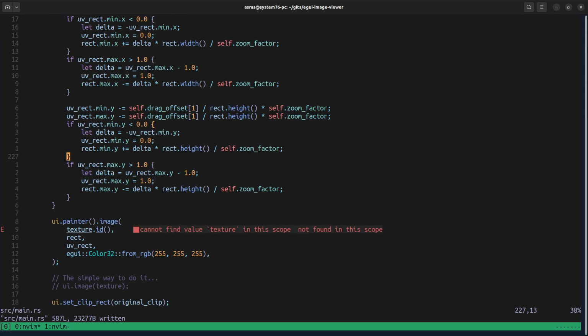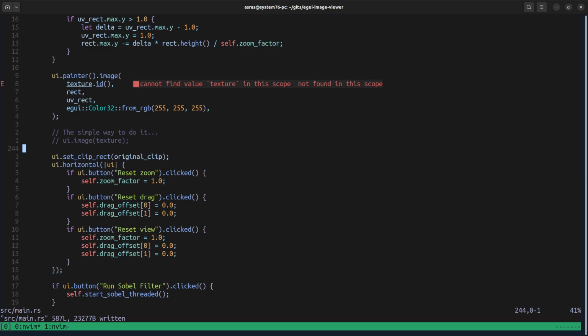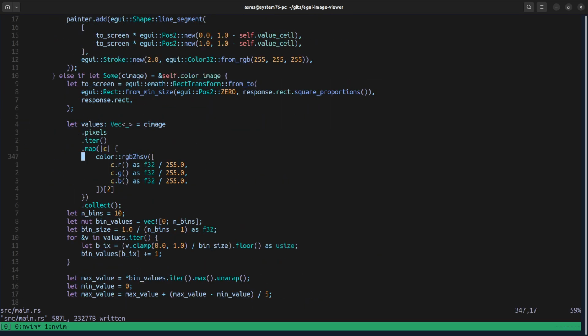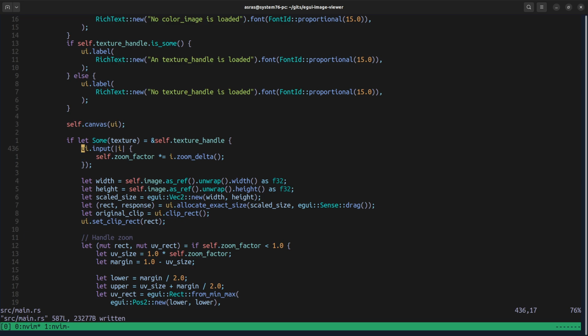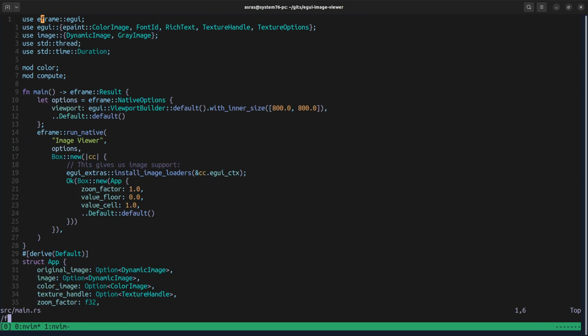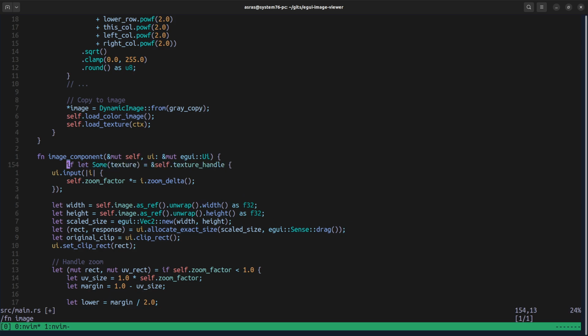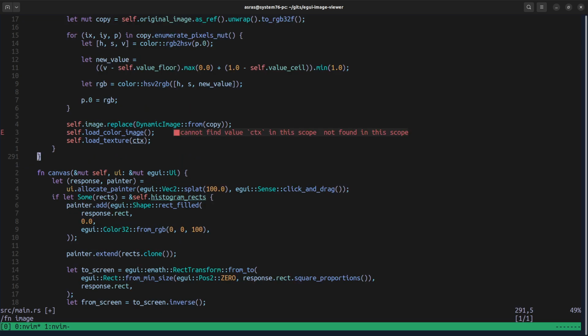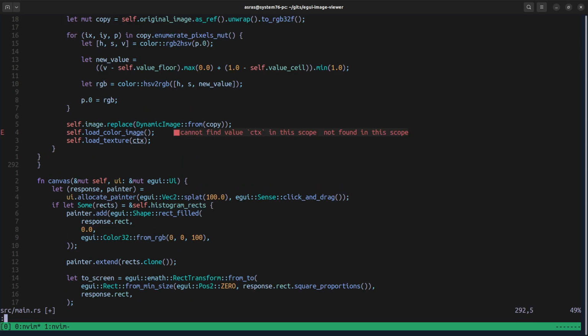It is complaining about something, because what we need to do is, of course, actually wrap this whole thing in this. So bracket, and we also need the context. Fair enough. Context, and then we should have